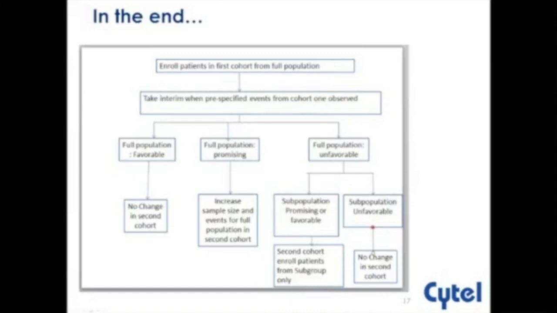If we have promising results, we proceed with a sample size increase in the full cohort. And if we are in the unfavorable zone, we can either fall in unfavorable for both the subpopulation and the full sample size, which means that we cannot perform any change in the second cohort, or if we are favorable with respect to the subgroup,